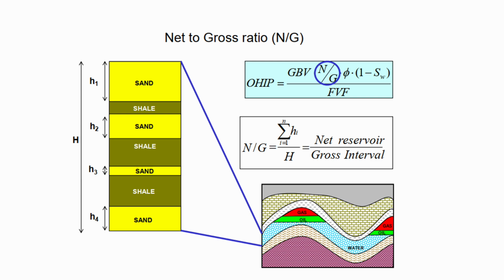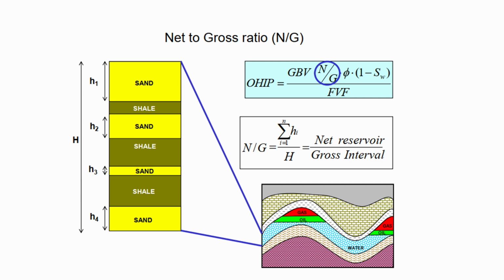The sand layers are usually reservoir rocks because they have high porosity and permeability. Shale layers are non-reservoir rocks because they act as a barrier. Net to gross ratio tells us how much of the total rock column is actually useful for hydrocarbon storage. So how is net to gross ratio calculated? The formula in the middle shows